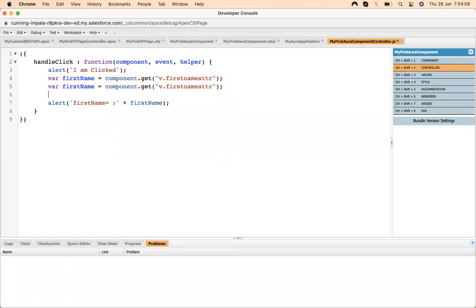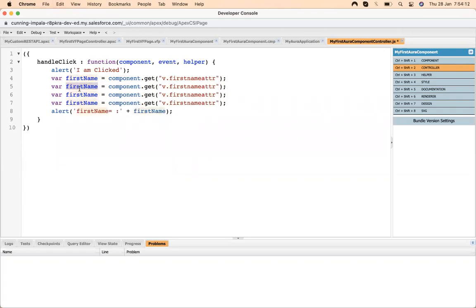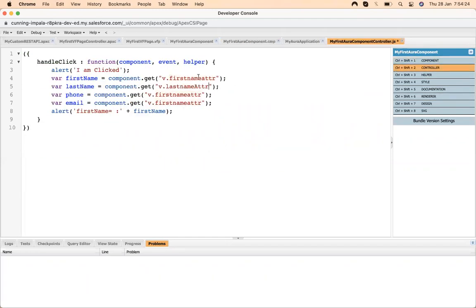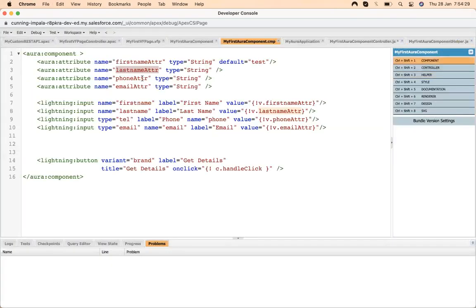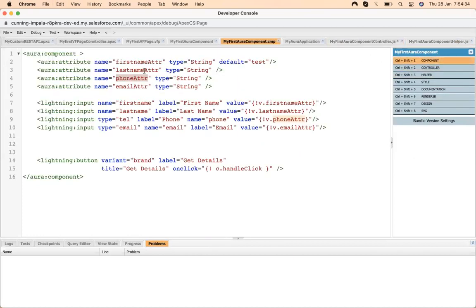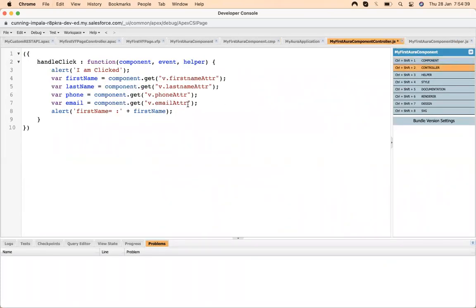So let's take first name, sorry, phone. Okay, it's a first name, and now we can alert all those field values.